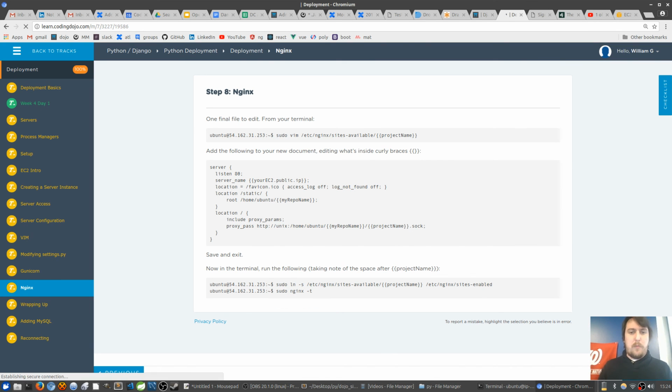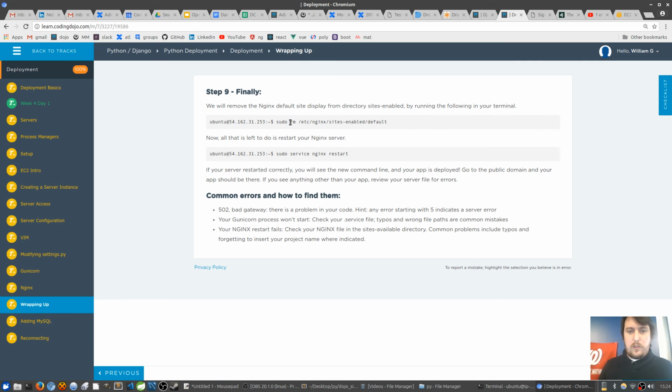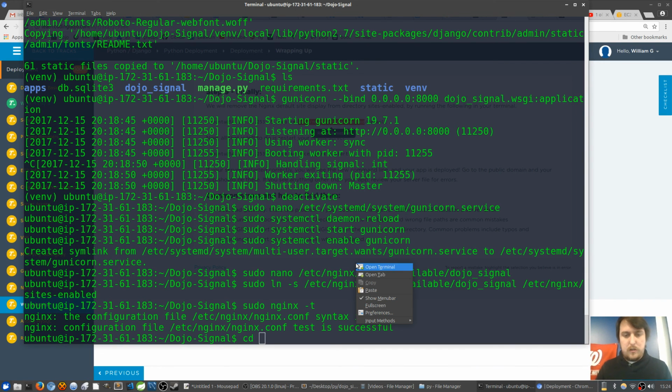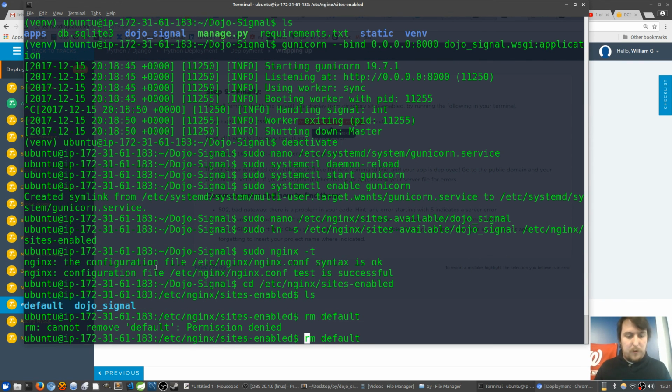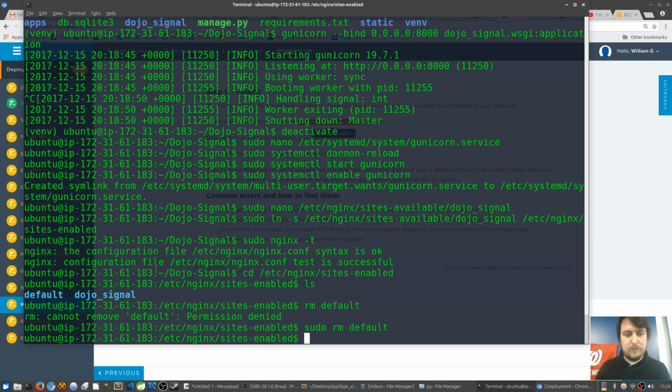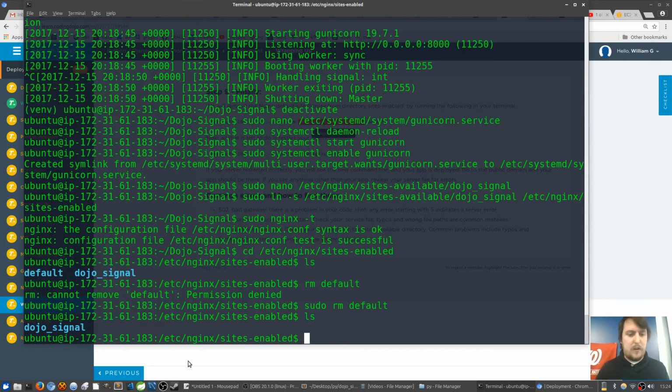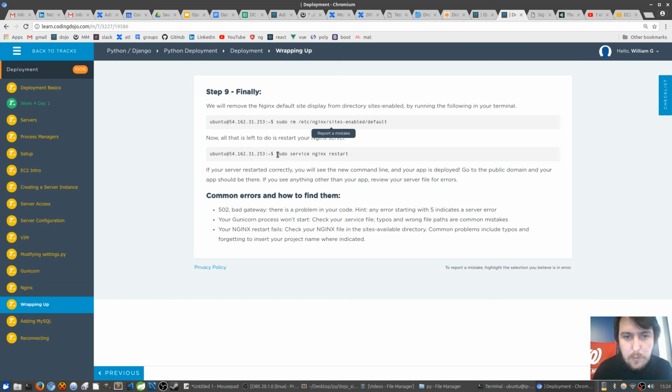And now for wrapping up. It says that we want to go to this place, etc nginx sites enabled /default, and we're going to remove that file. So I'm just going to manually go there, just so we can see what's happening. Proceeding into here. So there's this default. We don't want default to be there anymore. So alright, default. Sudo rm default, and now default is gone, and they want us to sudo service nginx restart,